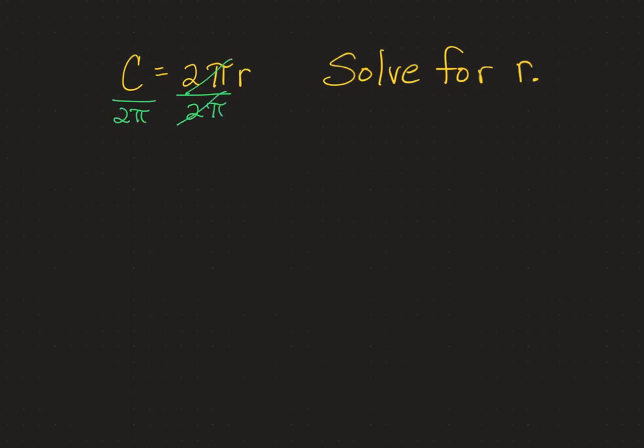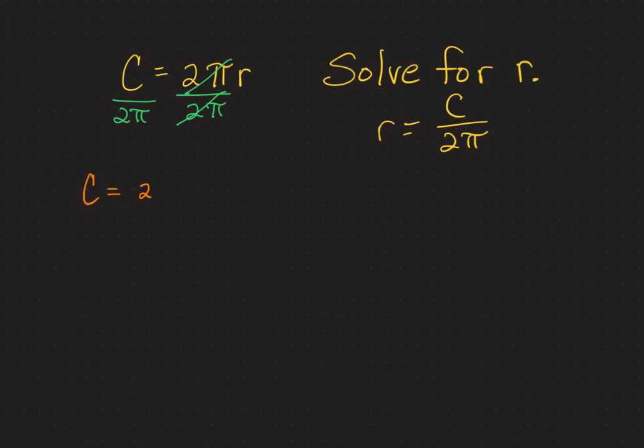Because after I have done that, yes, that r is isolated. If it makes you feel better, you can switch both sides, rewrite it this way. That's fine. But that is the literal equation for r, given the circumference. So let's move our new literal equation up here, and let's see what we could do if someone told us